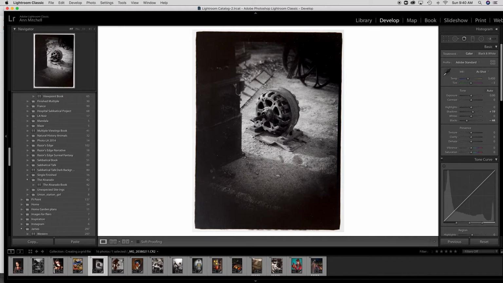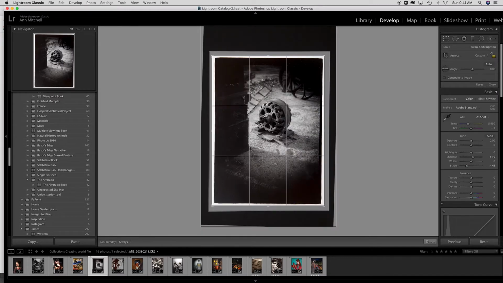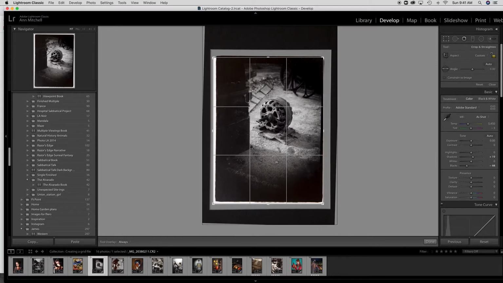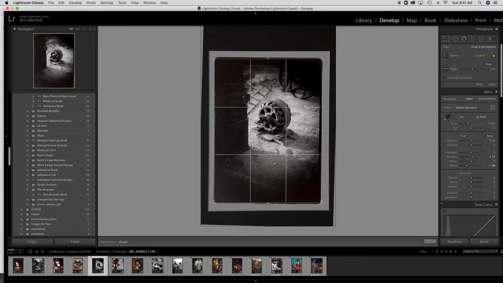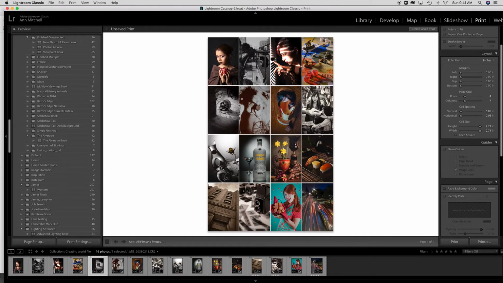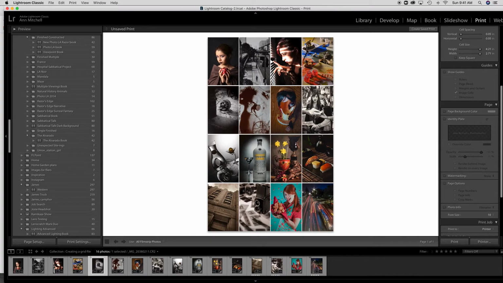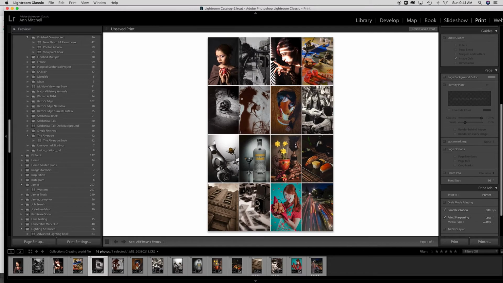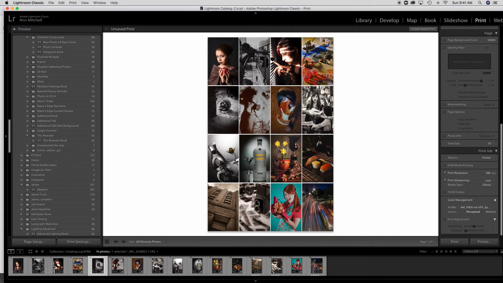Now in this case, actually, this was a photo of a photo, and so I think I need to do a little bit of a crop just to bring it in. Otherwise, and then just click back into print, and it will show those changes. So at the point that you're happy with how it looks, then scroll down. Don't add any watermarking, anything like that, no page info, none of that stuff.